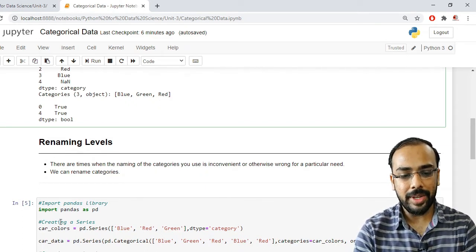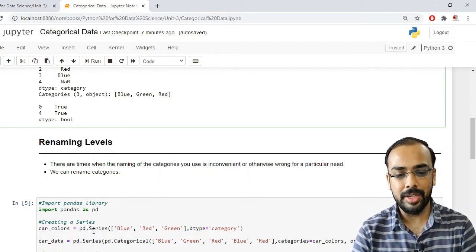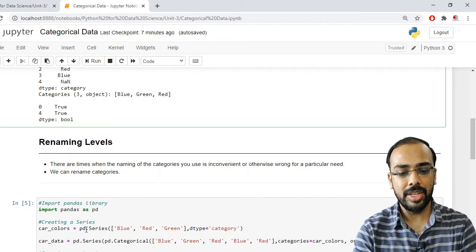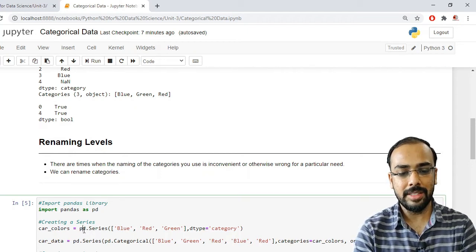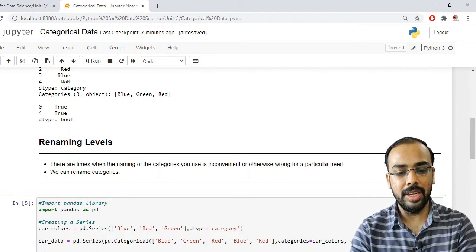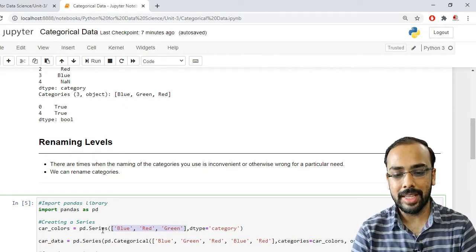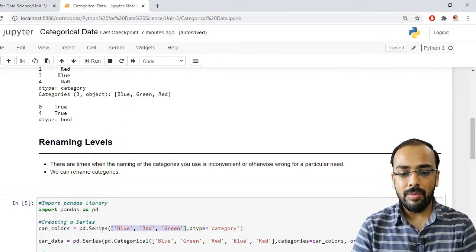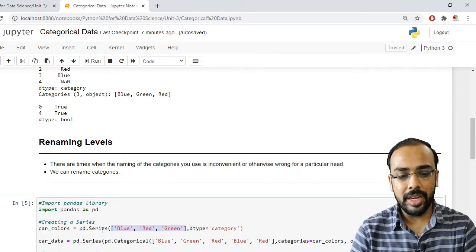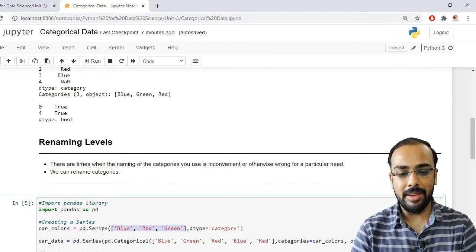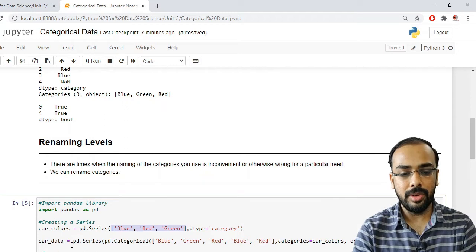Now first I have created a series, the same series we created previously, using the function pd.Series. Inside this I have specified a list of colors, that is blue, red and green, and the data type of it is category. Now I want to create a new category named car_data.